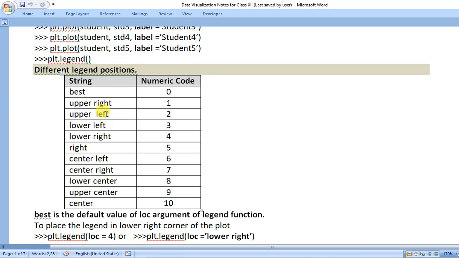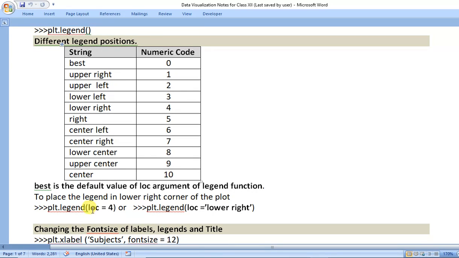But if you want to place the legend at a specific position, suppose upper right, we can use the numeric code as well as this string, and one argument we have to use, that is loc. So loc equals to 1 if we are setting, our legend will display at upper right corner of your plot.